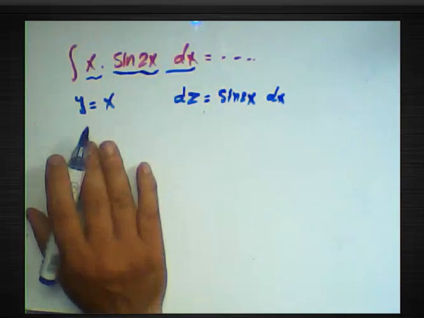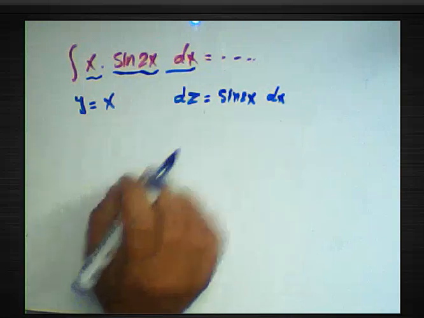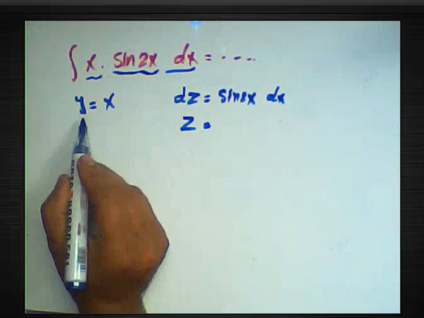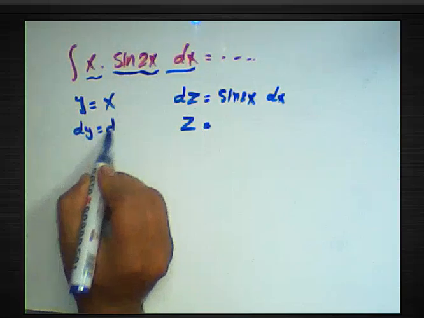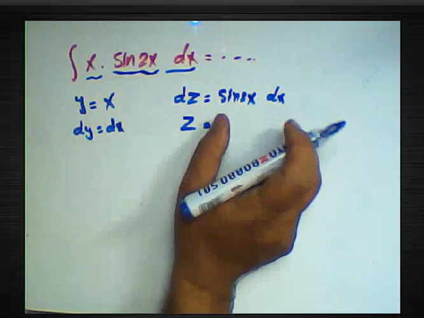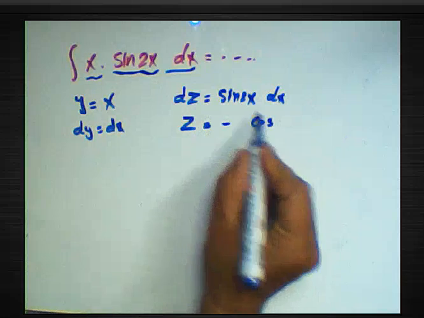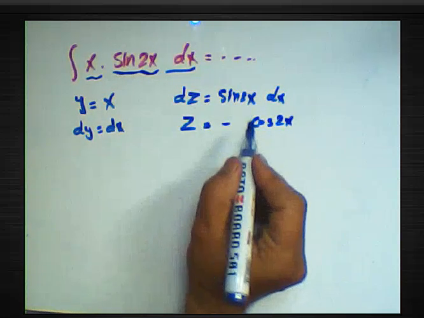Okay, and then the derivative of this function is dy equals dx. The integration of sin 2x will be negative cosine 2x divided by the derivative of this angle, which is 2,